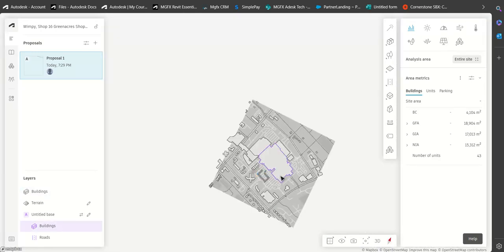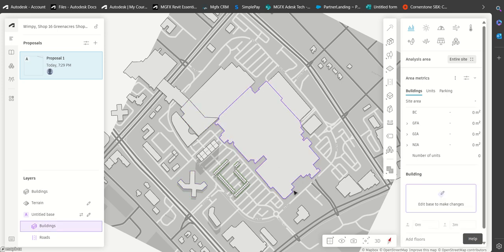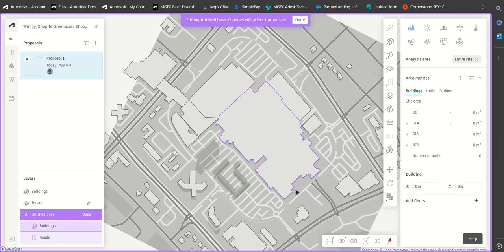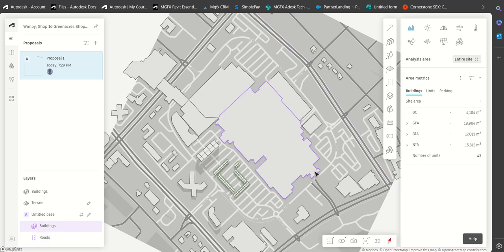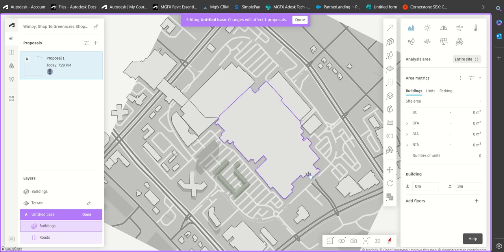We're going back to our 2D view now, and let's have a look at our existing building over here, which is the shopping mall. Say for instance this was now a warehouse that was going to be demolished, and this is on your site. You can edit the existing content that came with the site when we ordered these existing content buildings. So I can click on that building, and I can go to edit base over here, and I can go and delete the building. I can edit the base, and then I can delete the building or change some functions on the building, add some. So the existing buildings are also